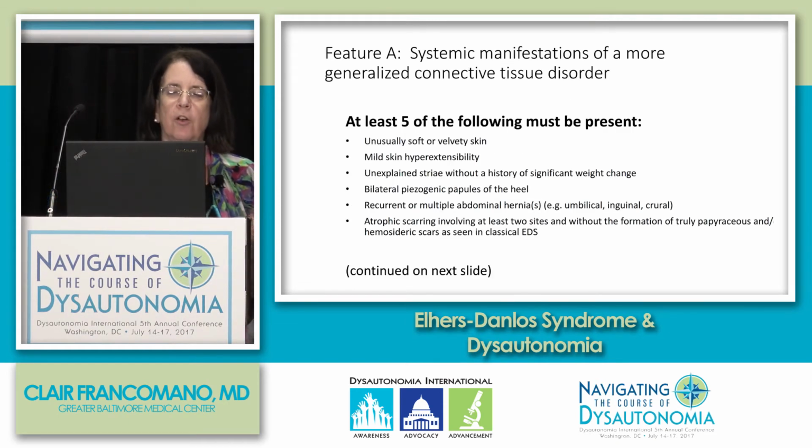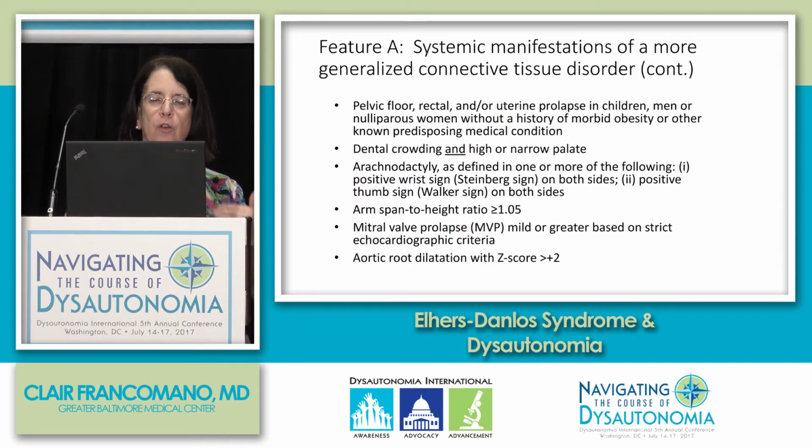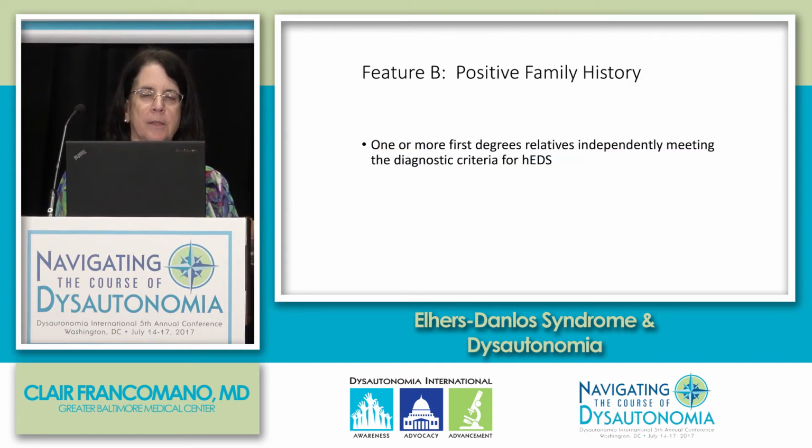So fortunately, all of these features are on your slides, on your flash drive, and also available in the manuscript. So I'm not going to go through all of them in detail, but we need 5 of this list on this page and the next one in order to say that feature A of this criterion 2 is met. Feature B is the positive family history, and it's important to note that we have to say that there's